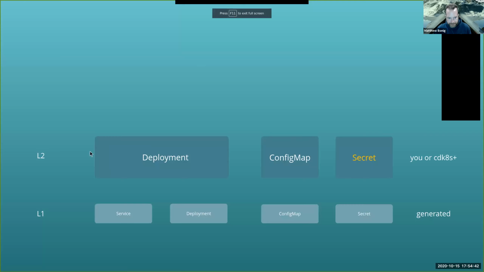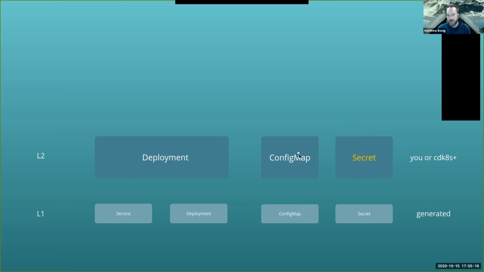All right, that's better. So you end up with L2 constructs. L2 constructs leverage L1 constructs, but provide nice abstractions over top of them. You are generally going to be writing some L2 constructs yourself, or you can leverage third-party constructs. There is a side project of the cdk8s called the cdk8s Plus library. It's managed by the same team, the same people, but there's a distinction between the basic API itself and these L2 constructs that you may want to use within your environment.